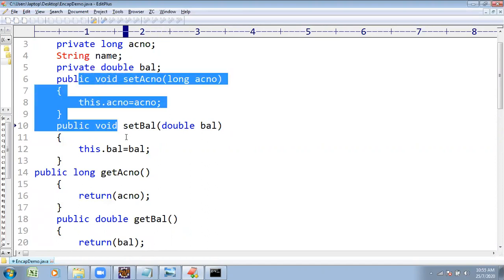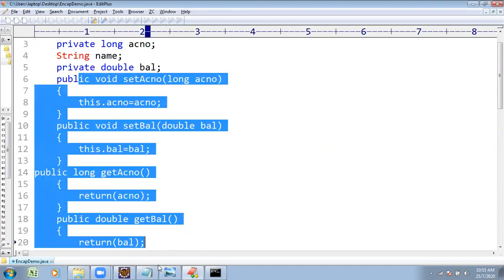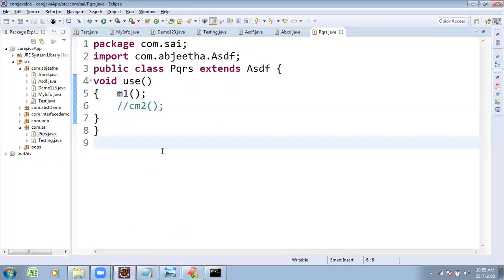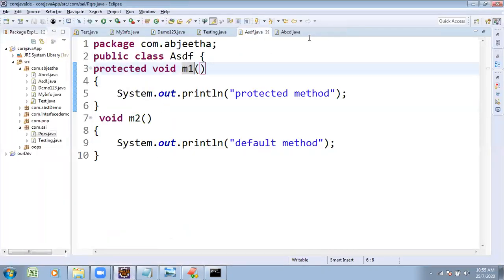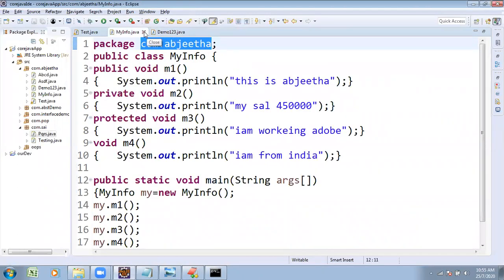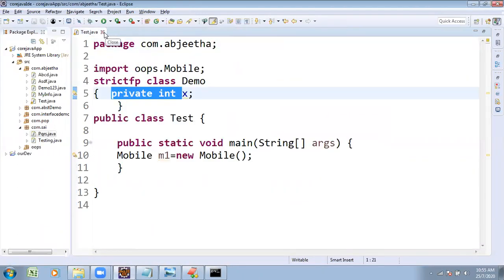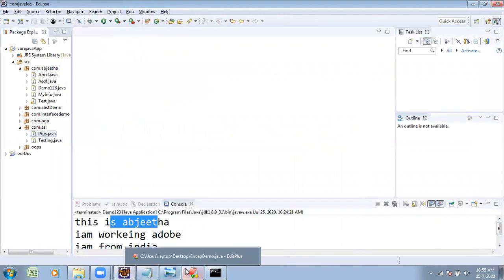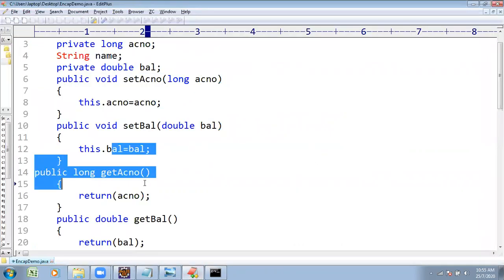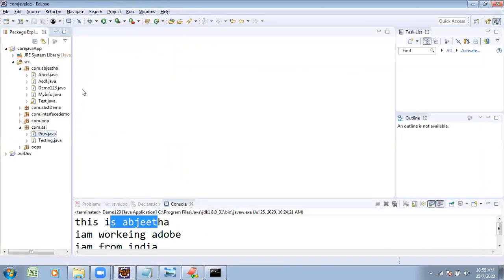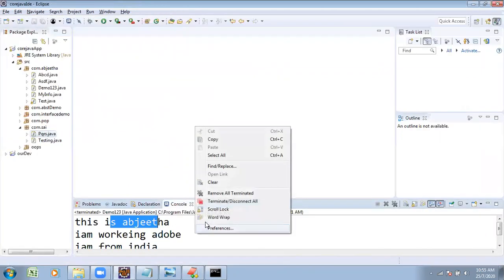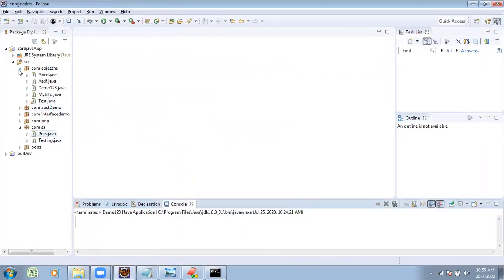When you observe here, you wrote the whole logic yourself. But how is the IDE going to work with the same application? Try to observe. The IDE internally generates all the code, so you need not bother about writing this. Here I wrote set ID, get ID, set balance, get balance myself. But I will show you how this logic is executing through the IDE.